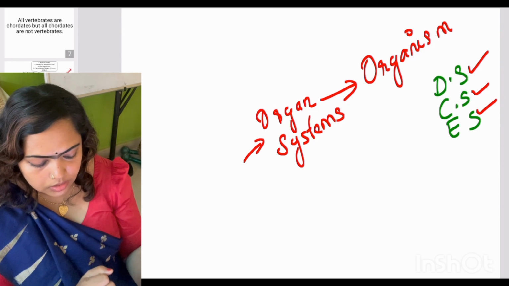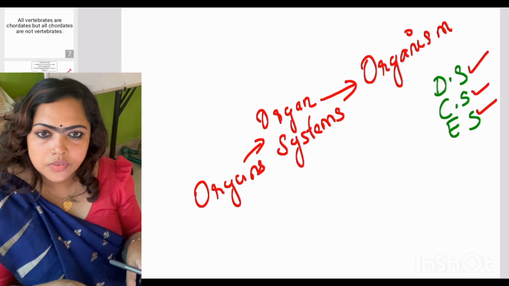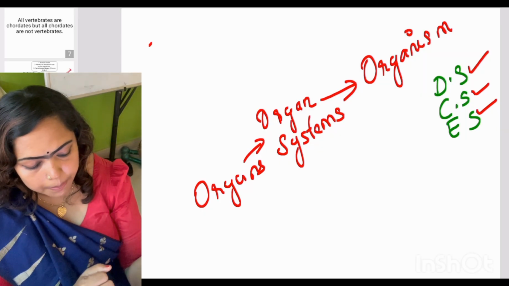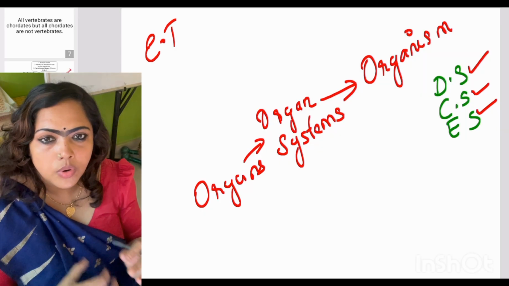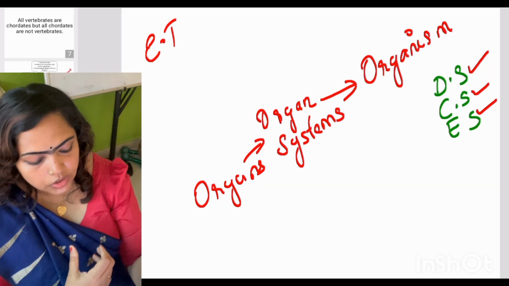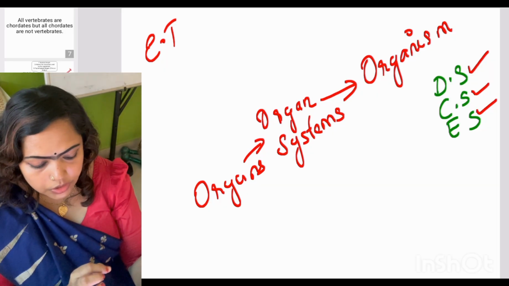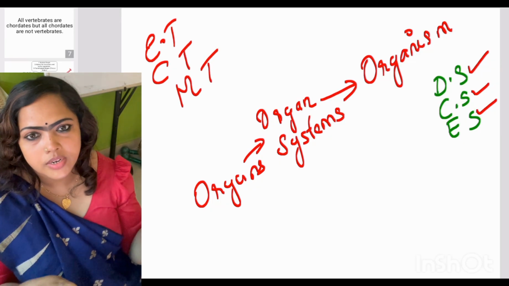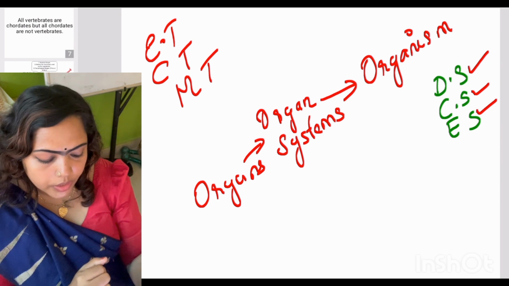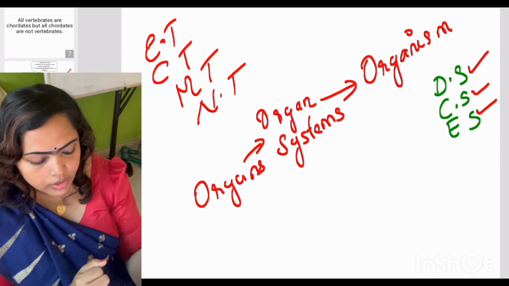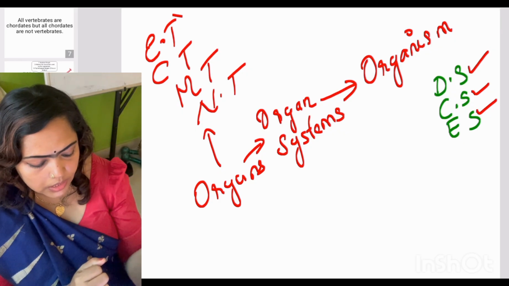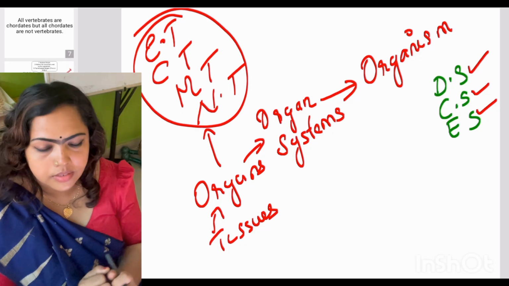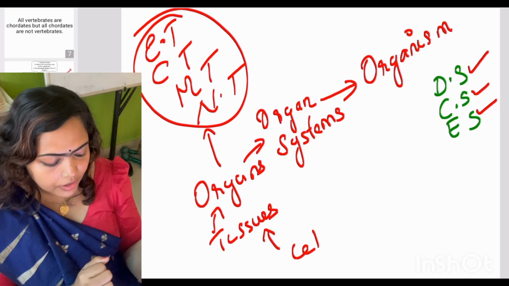So each and every organ system is made of different organs. And if you observe each organ, you can see that it is made of different tissues. For example, for protection, epithelial tissue should be there. For supplying nutrients and oxygen, blood, that means connective tissue, should be there. For movement, muscular tissue. And for coordination, neural or nervous tissue is needed. So each organ is made of different tissues. Clear? And tissues are the grouping of cells. So this is the level of organization.